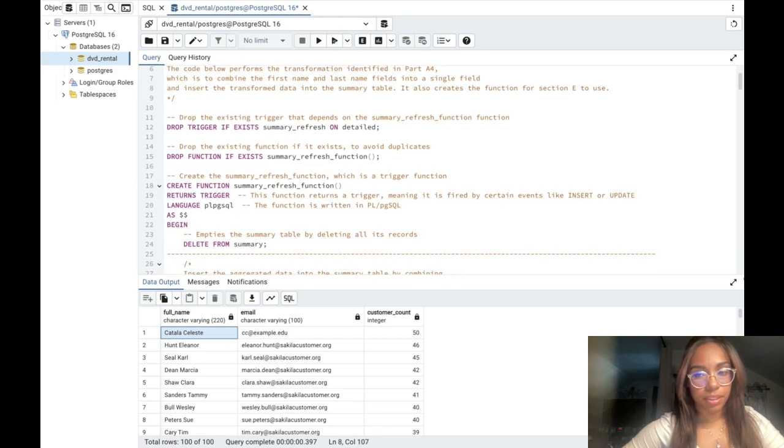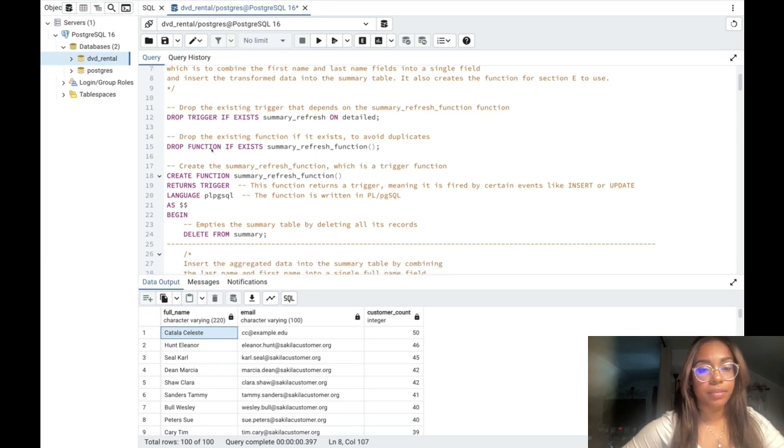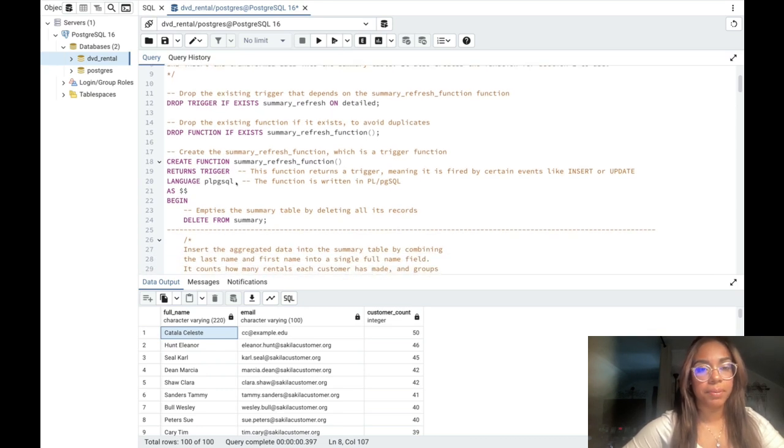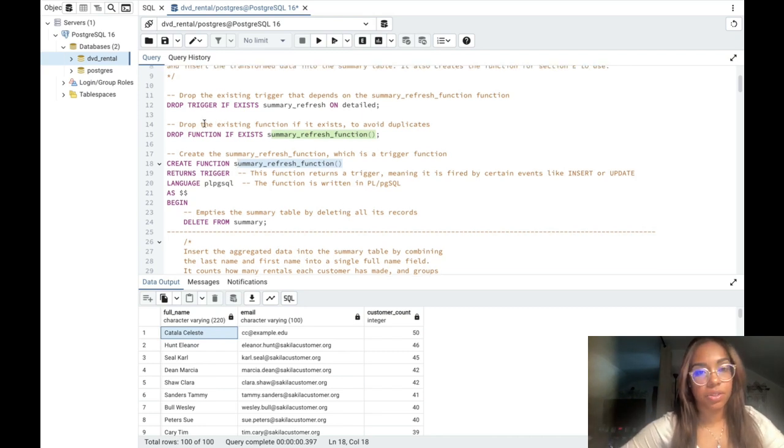I'm just going to lower this. So not only will I be performing my transformation, I will also be creating my function in this section so that when I create my trigger, my function will already be in the database. So I'm going to run this code,